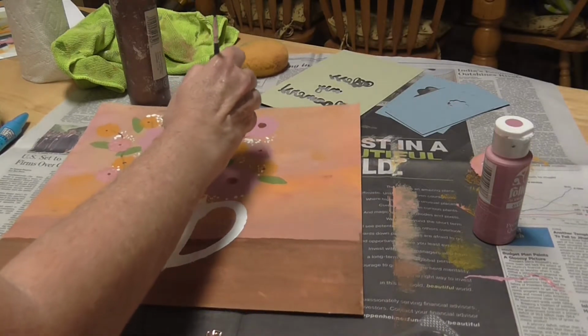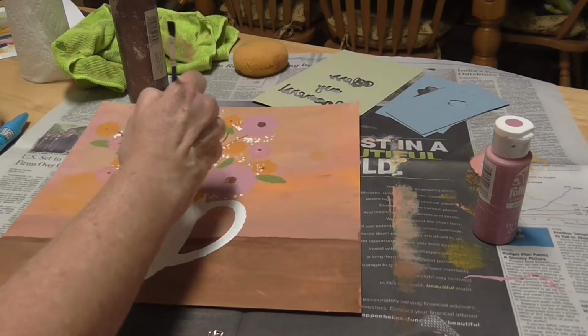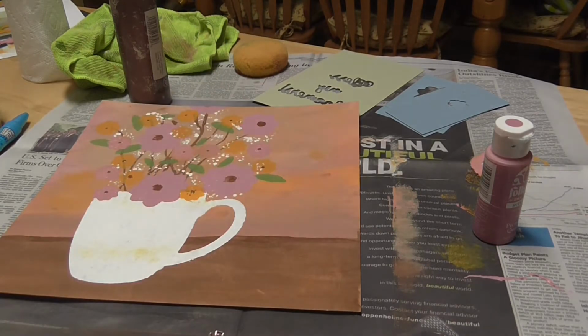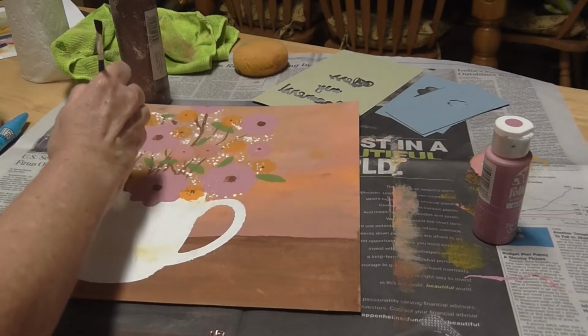And like I said, the flowers that I used for these patterns were just, you know, I mean, we all have flower patterns. Every one of us does. If you're a crafter, it's hard not to have flowers when you're a crafter. But